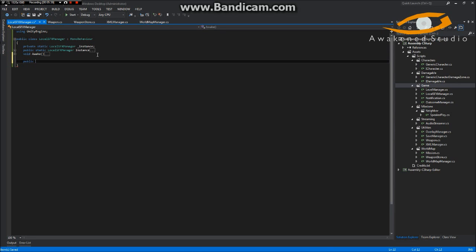And actually, now that I think about it, a singleton probably isn't the way we want to go, because this is saying if it's not created, we can go ahead and create it at runtime, and that's not what we want to do. Instead, what we want to do is actually access this as a prefab. So what we're going to do is remove all this code I just went through the hassle of creating. One second, guys. And instead what we're going to do is